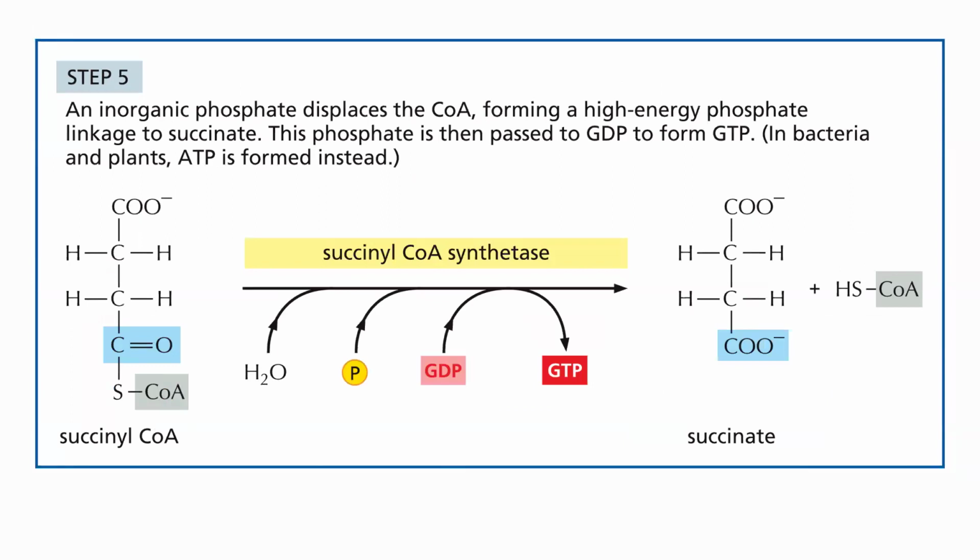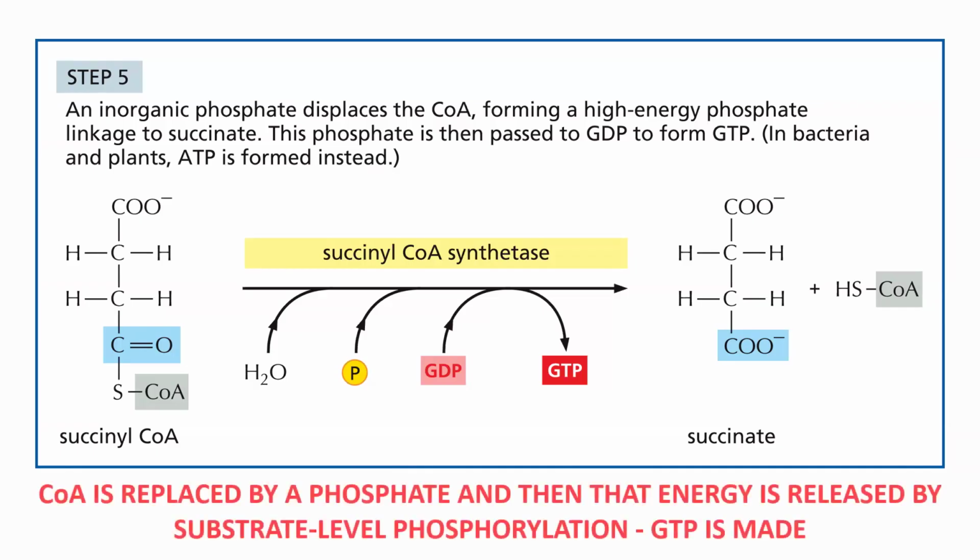Step 5, succinyl-CoA synthetase. This is going to take the high energy bond between CoA and succinyl, break that bond, and use that bond for a phosphorylation reaction. We're going to phosphorylate GDP, guanosine diphosphate, into GTP. Most of the time, very quickly after GTP is made, the energy of that third phosphate is used to turn ADP into ATP. So in other words, GTP gives that phosphate to ADP right away, but a triphosphate is made. The only time we make a triphosphate in the citric acid cycle. And the end result of this is succinate.